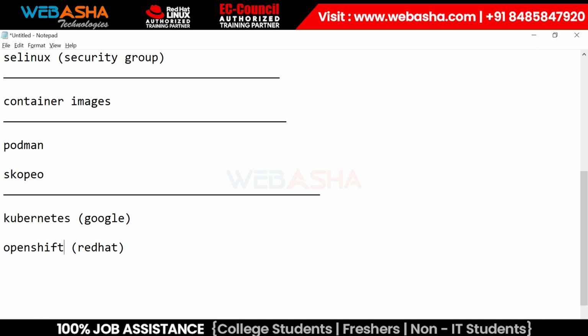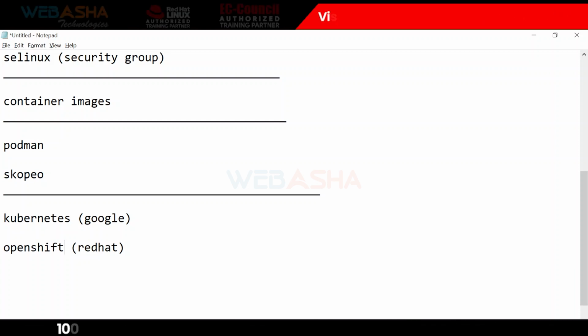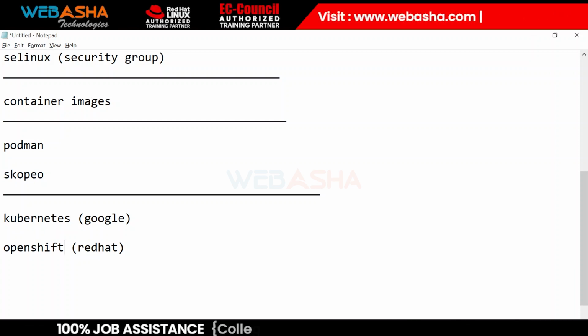But again, both are commands that manage your containers, right? When we're talking about the differences, mostly OpenShift is for enterprise level application managing tools, right? That have support and you can customize, and there are a lot of security features, right? You can also manage both the tools graphically, right? But when we're talking about